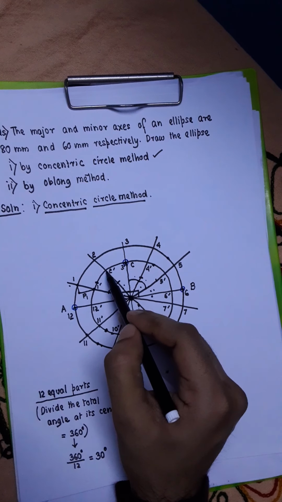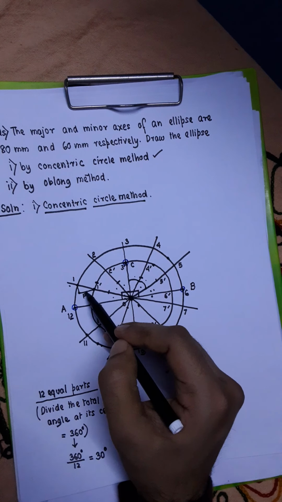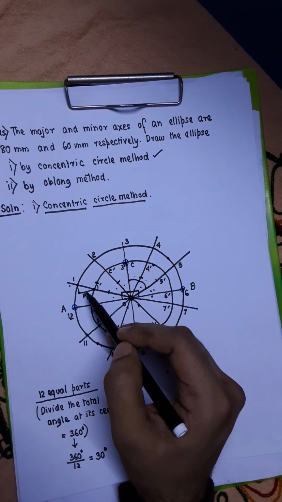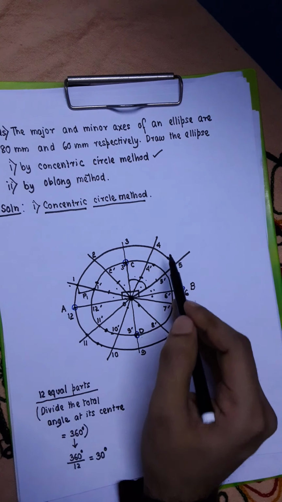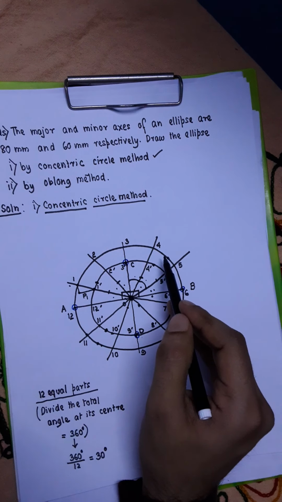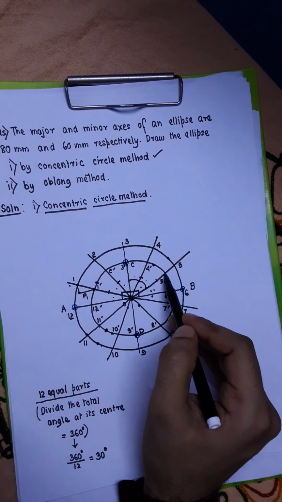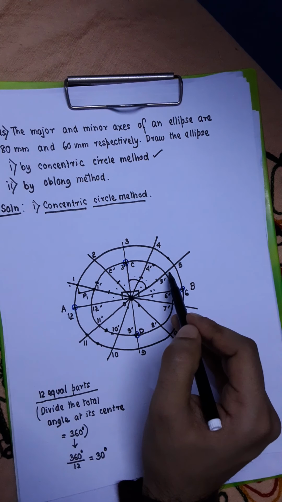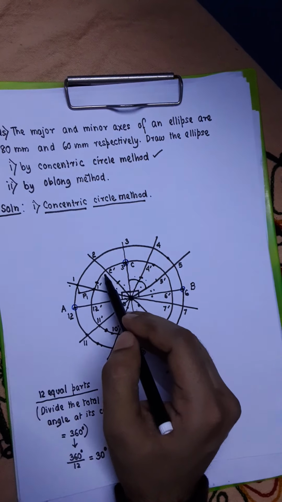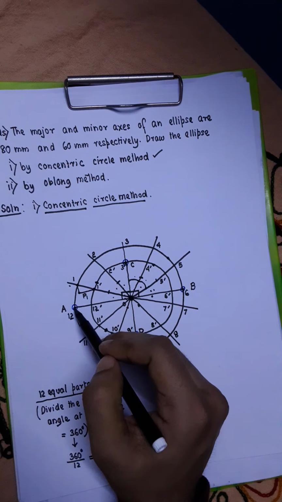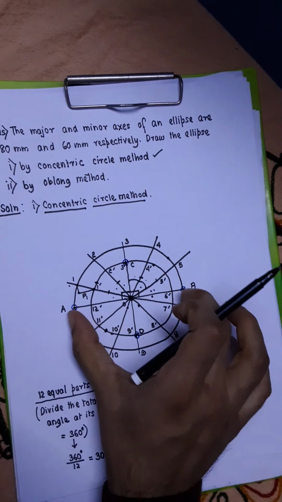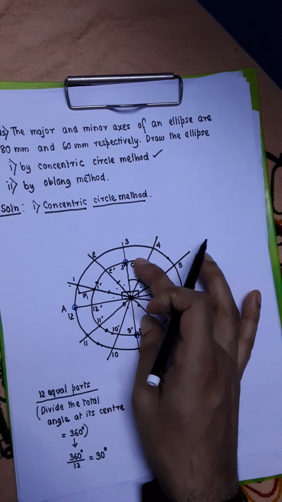Similarly, from 2 and 2 dashed, by doing a similar construction, you can get another point which is going to lie on that same ellipse. Similarly, from 4 and 4 dashed, you are going to get another point which is going to lie on the ellipse. Similarly, from 5 and 5 dashed, by doing a similar construction, you are going to get another point which is going to lie on the ellipse. In this way, we can generate a number of points which are going to lie on the ellipse other than the 4 points which are already there, namely A, B, C and D, that is the two ends of the major axis and the two ends of the minor axis.